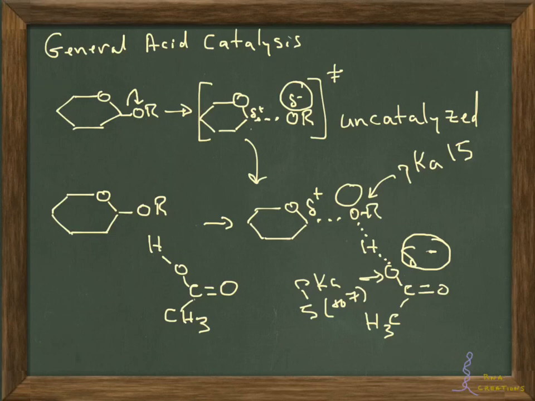And basically what they did is they took the leaving group and put in a really good leaving group. Like in our case, instead of an alkoxide, they turned it into a thiolate, which is a much better leaving group. The pK is much closer to neutrality. And then they